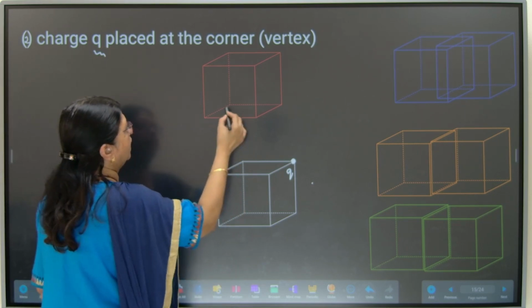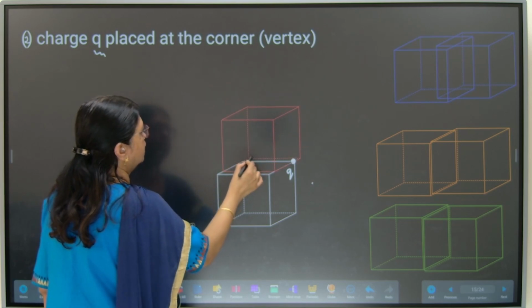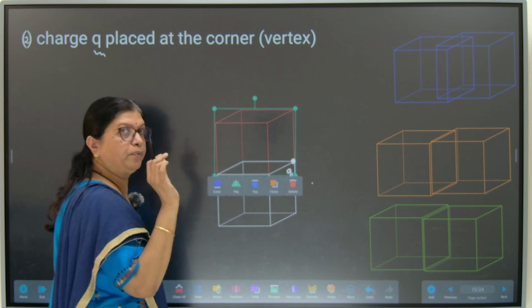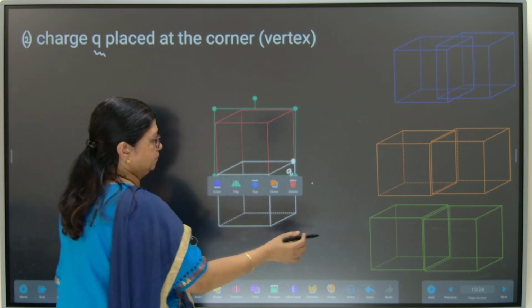Okay, so now as I said, I will bring the red color cube. This is cube number 1. Very important to number the cubes. Remember the cube. So that is the answer. Okay. Then